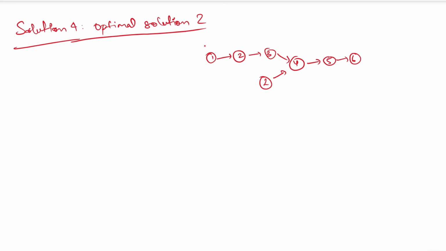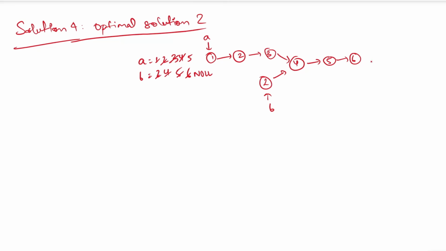So in this approach, I will point both pointers at the start of the lists. Let's say A is pointing to 1 and B is pointing to 2. Now I will move both pointers by one. So now A will point to 2 and B will point to 4. Then A will point to 3 and B will point to 5. Now A will point to 4 and B will point to 6. Now A will point to 5 and B will point to null.